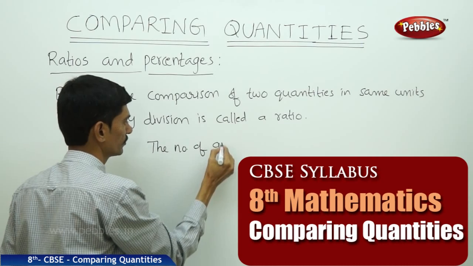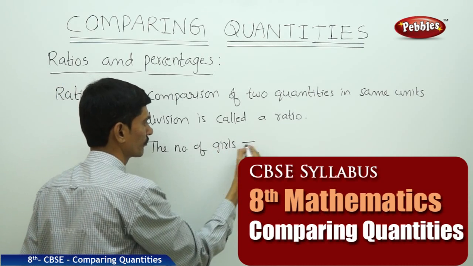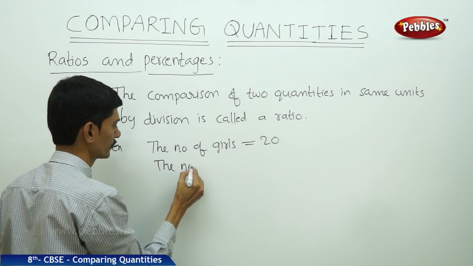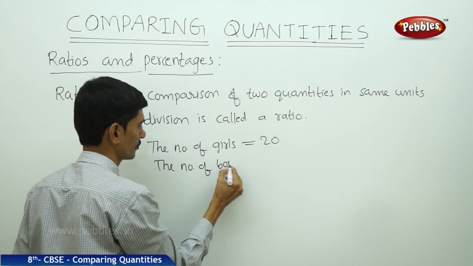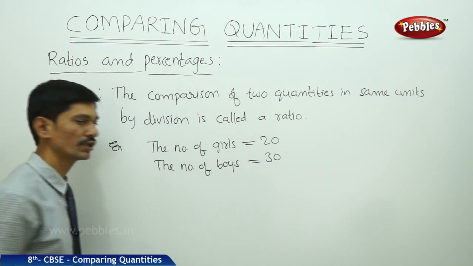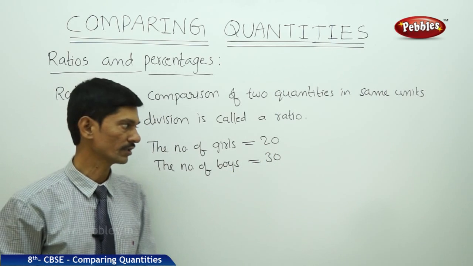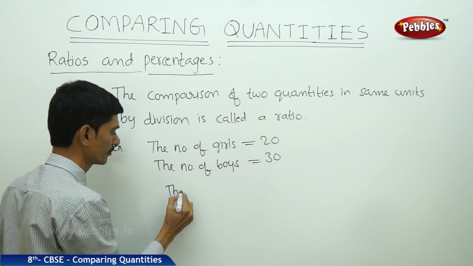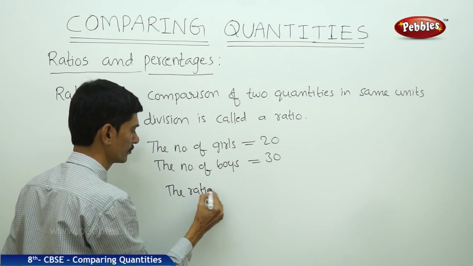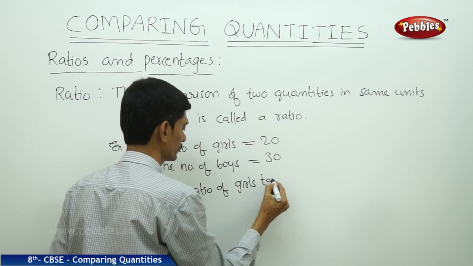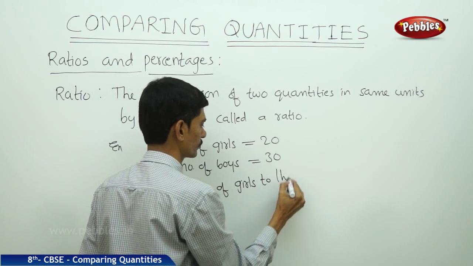For example, the number of girls in your class equals 20 and the number of boys equals 30. Then what is the ratio of the girls to the boys in your class? Now let us find the ratio of the girls to the boys. The ratio of girls to the boys